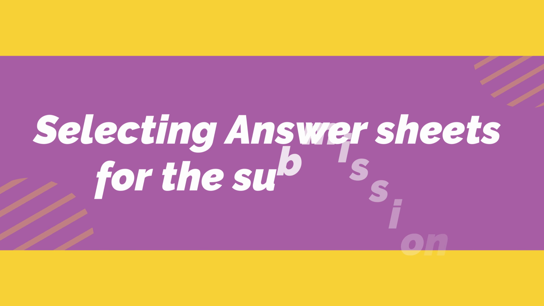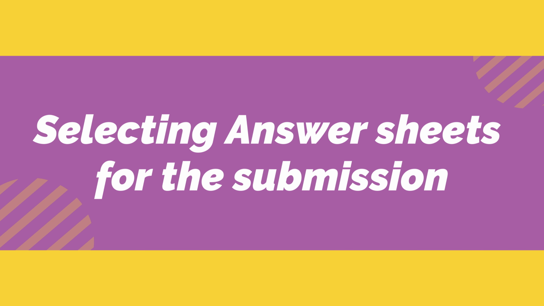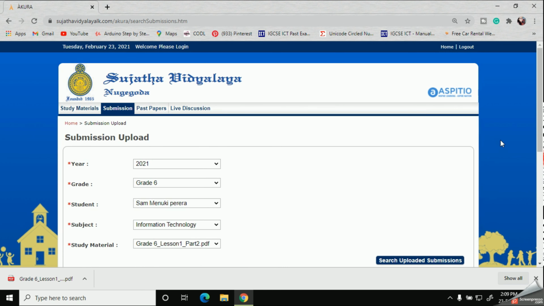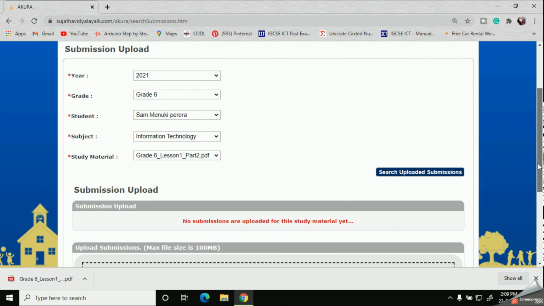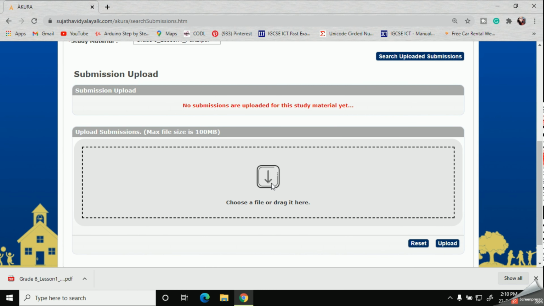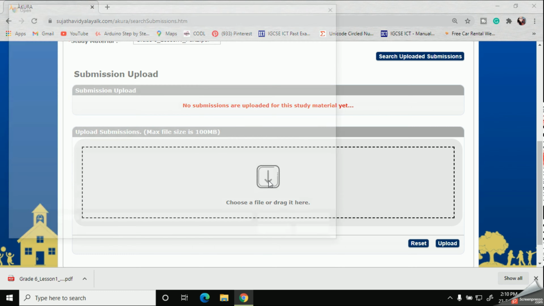Alright, now we are going to select our answer sheets for the submission. Let's click on this arrow. Then we need to find the correct location where we have stored our answer sheets.